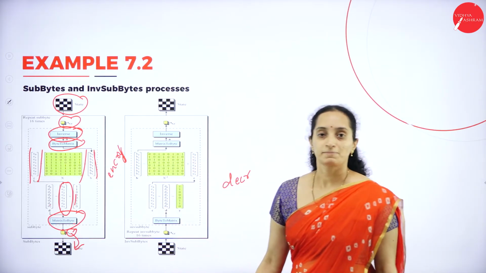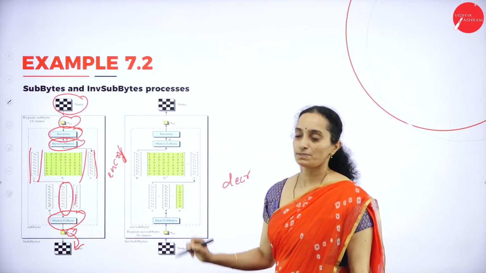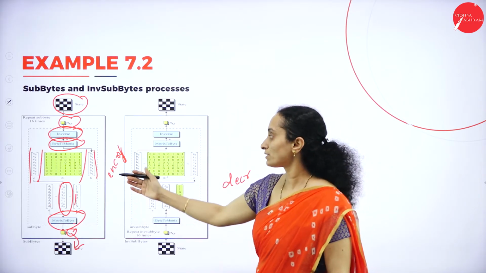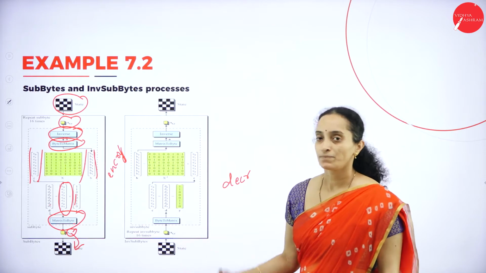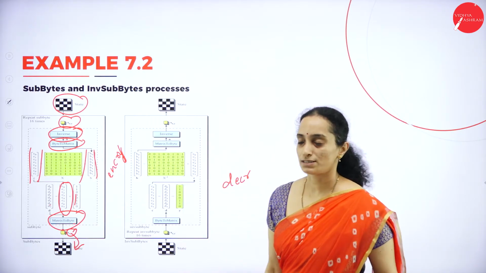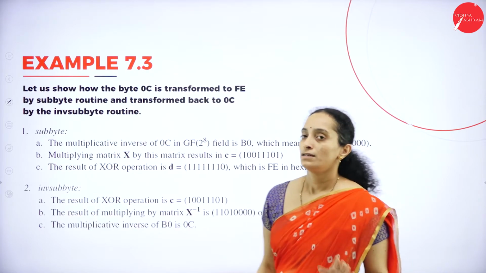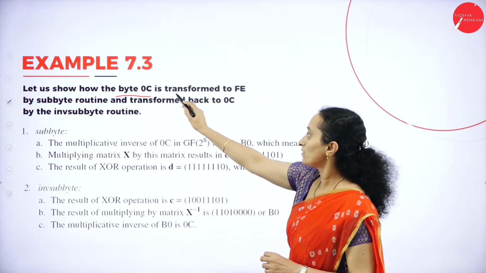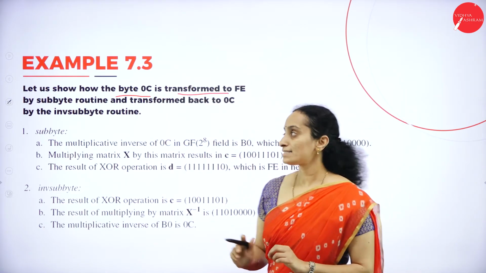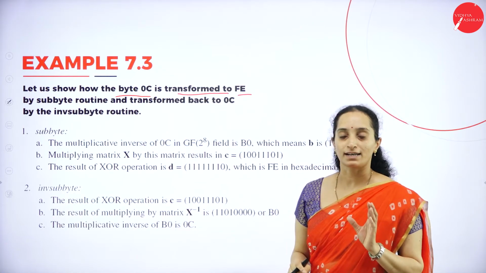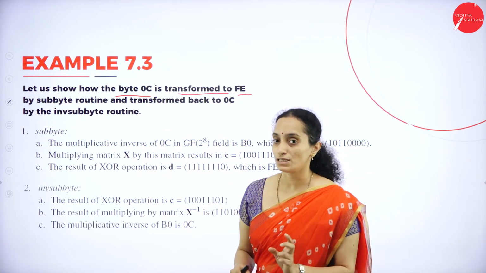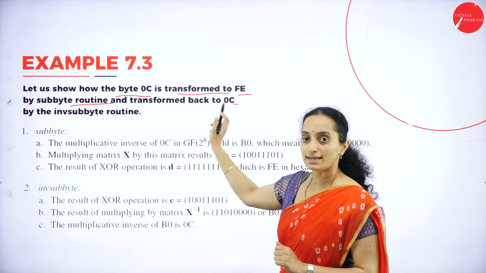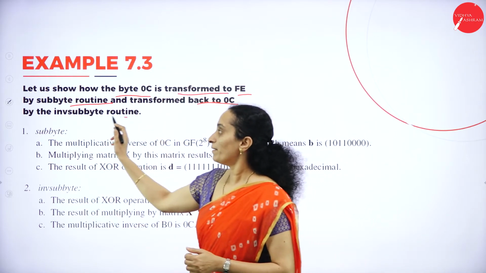Okay, we have the encryption and decryption processes, which represent the normal and the reverse process. This uses the sub byte, whereas this uses the invert sub byte procedure. The next example we can take is how the byte 0C is transformed to FE. We are transforming the byte 0C to FE by the sub byte routine, and transformed back to 0C by the